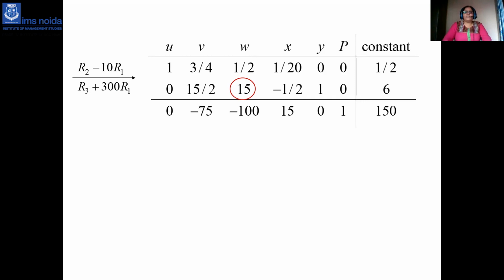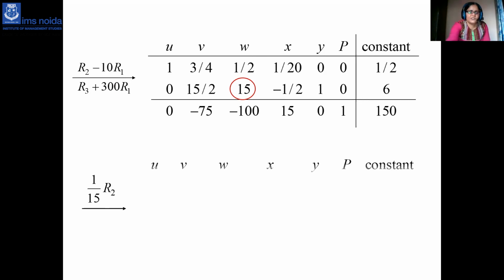Then calculate, and this is the last one. Now 15 is the key element in the second row, because minus 100 you are getting in the last z value is the most negative one. So that's why the w column will be your pivot column. Now you divide half by half equal to 1, and 6 by 15 is some smaller value. So naturally 6 by 15 is the minimum ratio. So that's why 15 is the key element in the second row. So you will divide the second row throughout by 15, and you will get the elements of the second row in the next iteration.